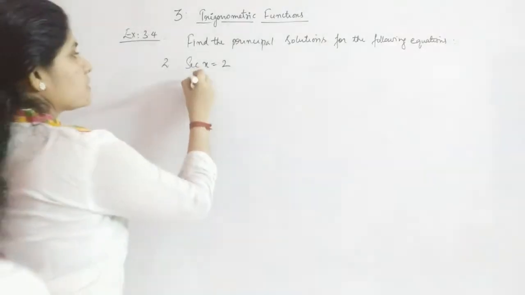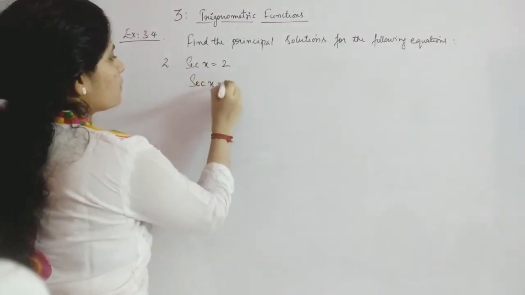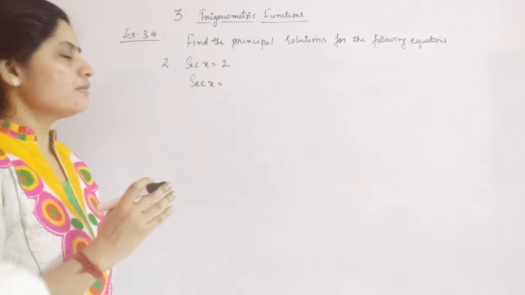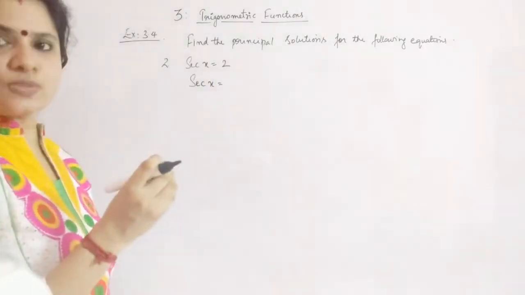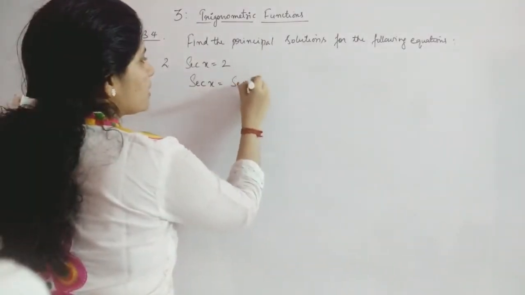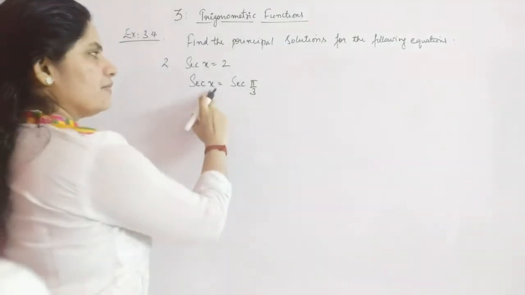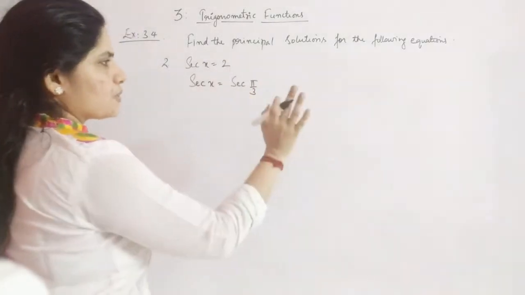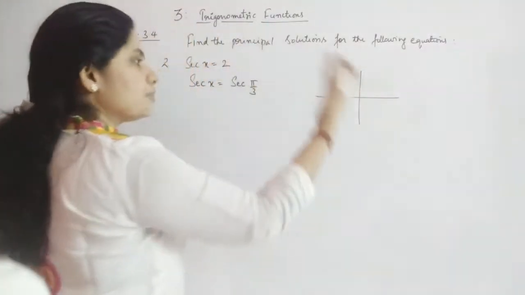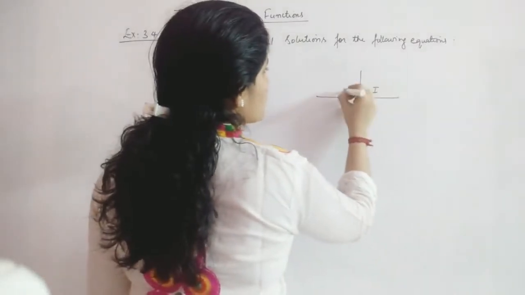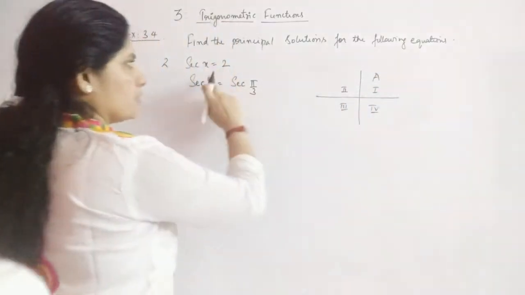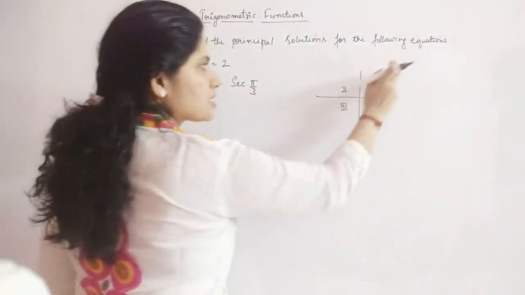Next question is the second one, sec x equal to 2. For that we first write the angle whose sec is 2. Cos of pi by 3 is 1 by 2, so sec of pi by 3 will give you 2, the reciprocal. So instead of 2 I can write sec pi by 3. One value I got is x equal to pi by 3 because it is positive. Now I have to find the quadrant in which the other value will lie. That means where will 2 repeat? This is your first quadrant, second, third, fourth, and here you have all positive. That's why I am getting x equal to pi by 3. That means it is 60 degrees here.